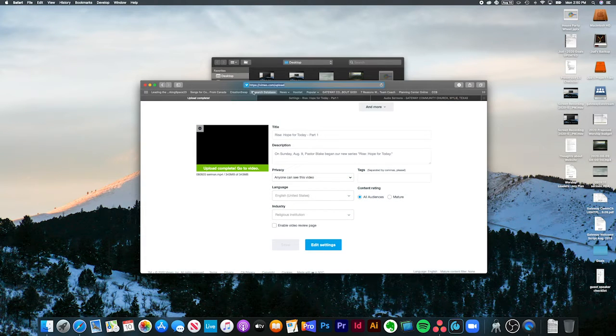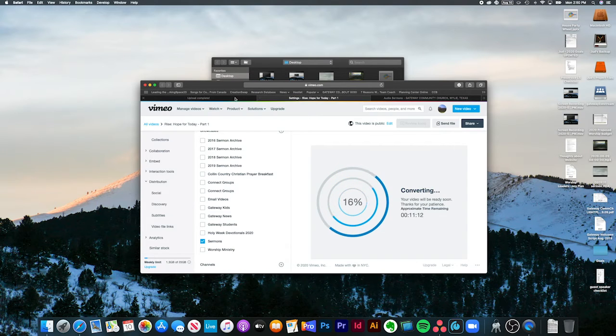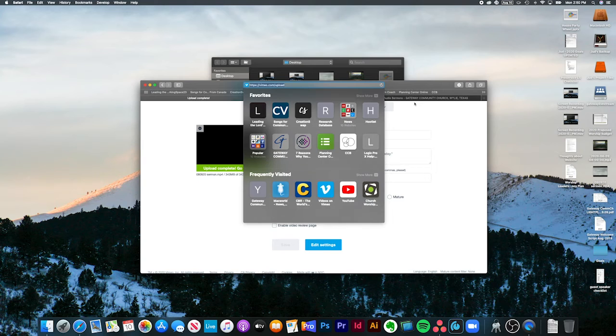Okay, we're ready to roll. So it's actually still converting. It may take a little bit. Here's what we're going to do. We're going to go to